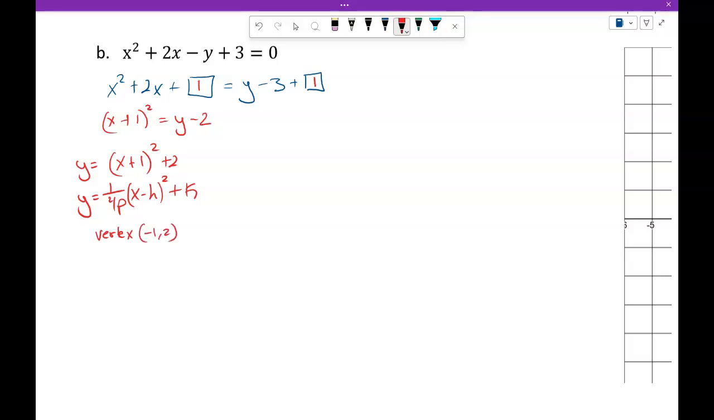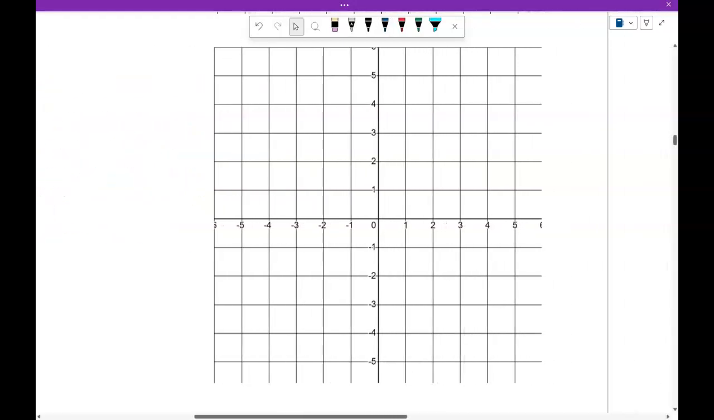And then here, for our p-value, we see that our leading coefficient of 1 has to be equal to 1 over 4p. Well, if we multiply both sides by p in order to isolate p, we see that p has to be 1/4. And so our focus and our directrix are not going to be very far away from our vertex. Since we have a vertical axis parabola and p is positive, we know that the graph is going to open up. So we start at our vertex